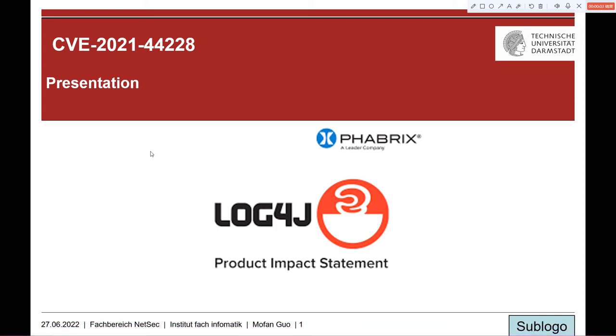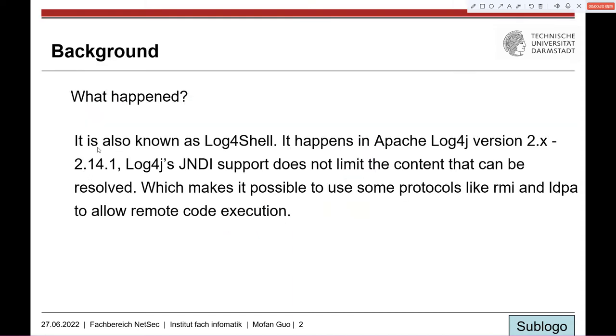Hello everyone. Today I'd like to present the exploitation of CVE-2021-44228. This vulnerability comes from the Apache Log4j, and it is also known as Log4Shell. It happens in Apache Log4j version 2.x